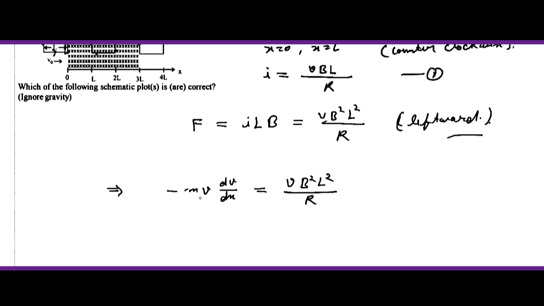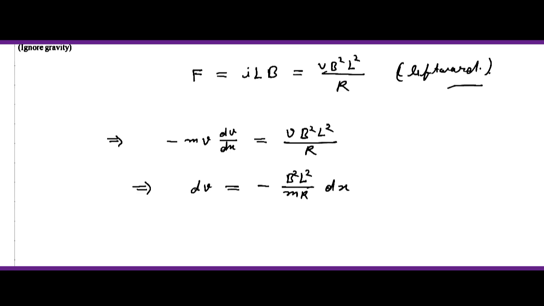ठीक है, v से v कैंसिल आउट हो जाएगा, और हमारे पास आ जाएगा यहाँ से, dv को यहाँ रखते हैं, इस पूरे पार्ट को उधर भेज देते हैं, तो ये हो जाएगा हमारा dv इक्वल्स टू माइनस बी स्क्वायर एल स्क्वायर बाई एम, ये नीचे आ जाएगा तो एम आर हो जाएगा, ठीक है, एम इंटू आर और इंटू dx आ जाएगा।